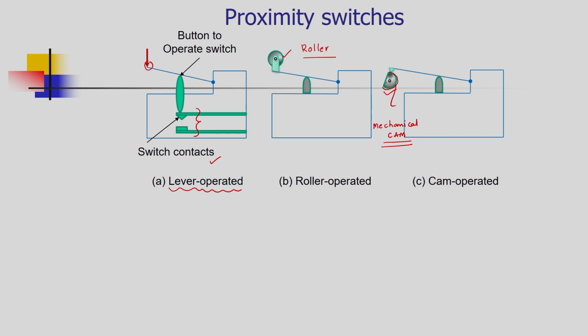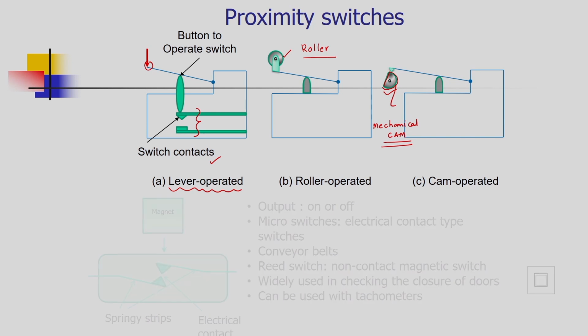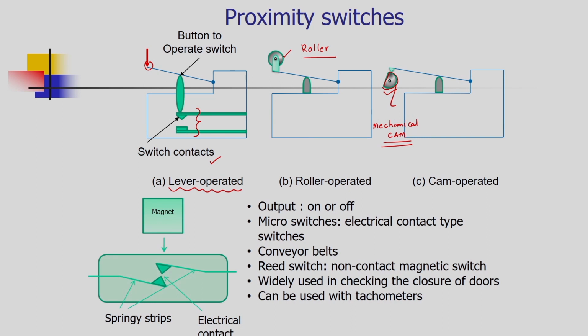So, when the lever comes into contact with this horizontal position, then there may not be any contact and the switch will be in off position. There are further advanced configurations also available in the proximity switches. You can refer to the trade literature or the industry literature, and you will find many more configurations.